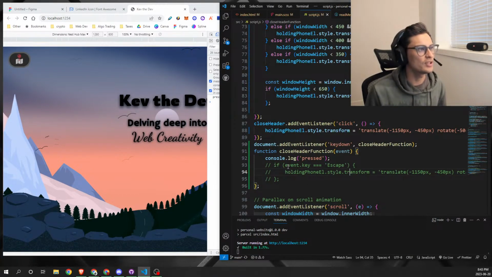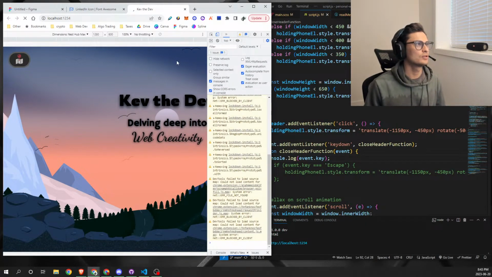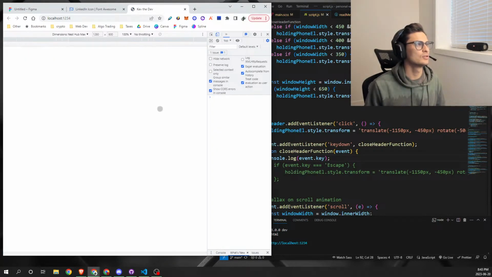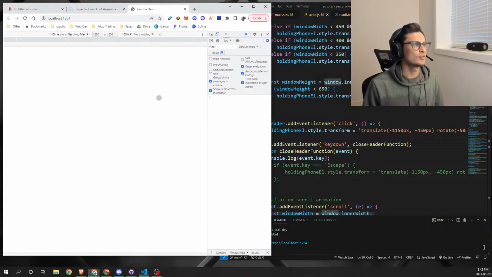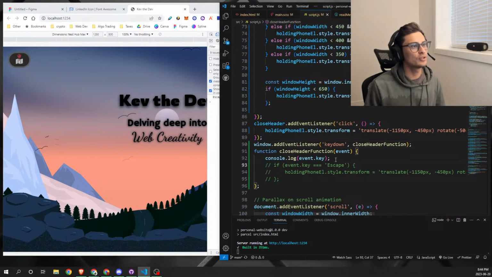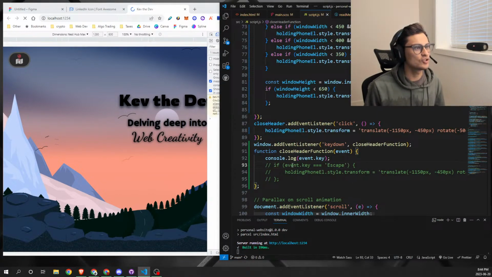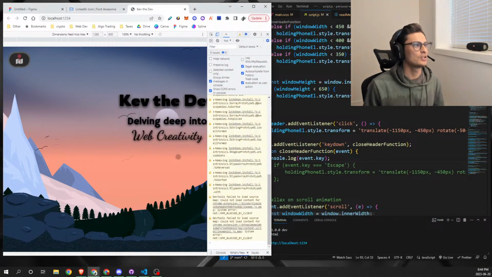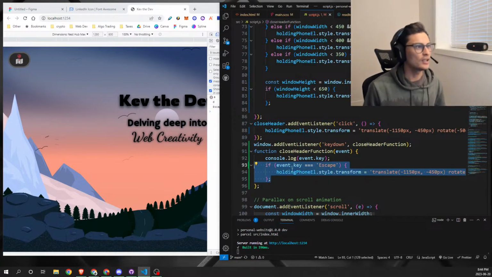Okay, press, good. So if the event key equals escape, because right now if we do that, it should give us escape. Let's remove this. Is it window? Is that why? Okay, so window, it gives us escape. If this text here is true, event.key is escape, because right now if we do this, yeah, okay, so that's fine. If this equals escape,